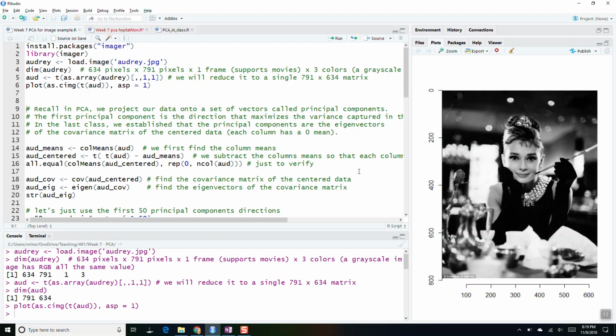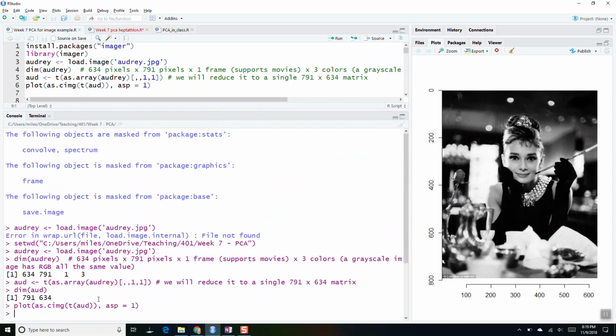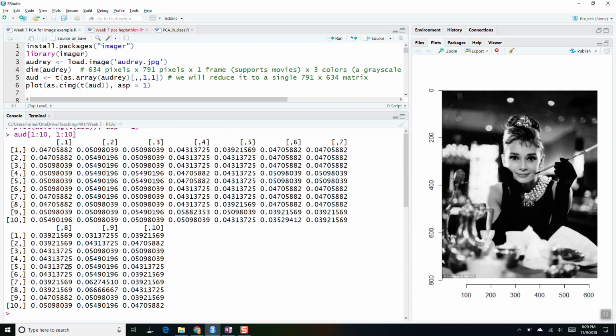Okay, so this is the original image, and we can look at the actual matrix. This is just represented as a big matrix that has 791 rows and 634 columns. So I can just say, let's look at the first 10 rows and the first 10 columns, and we can see they are just a whole bunch of values, okay,